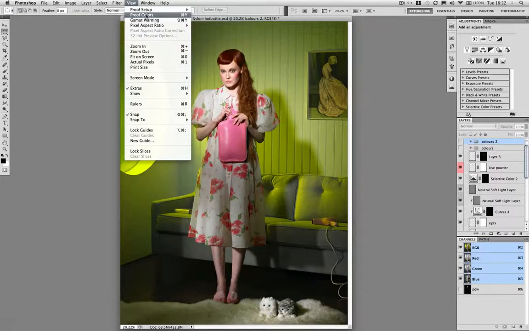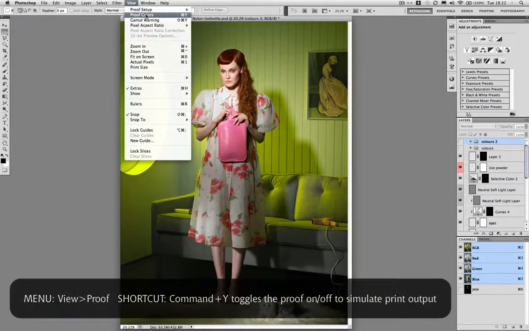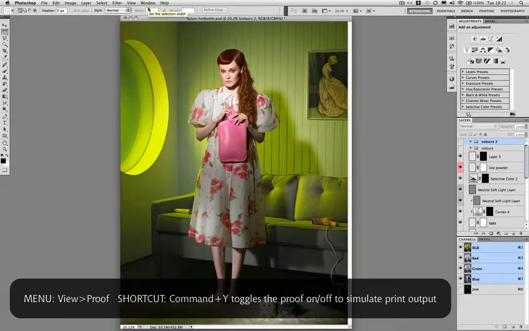Having checked that, we can now go to Proof Colors, which has Command Y also as a shortcut, and you can see here it says CMYK in the top bar. I'm now in the standard viewing mode. Now we can toggle very easily between RGB and CMYK by simply pressing Command Y. So back to RGB again,